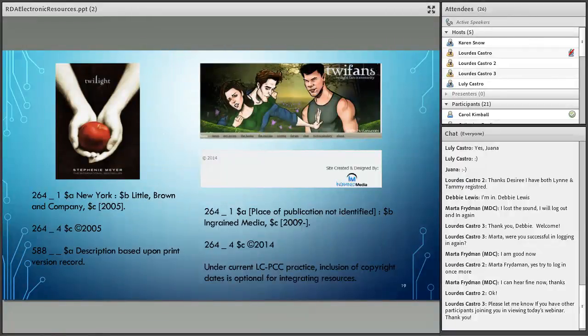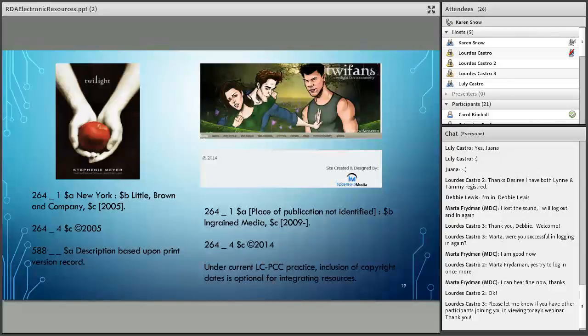So I typed in twifans.com, and it did say 2009 is when it essentially started, even though on the website, if you scroll down to the bottom of it, it has copyright 2014.